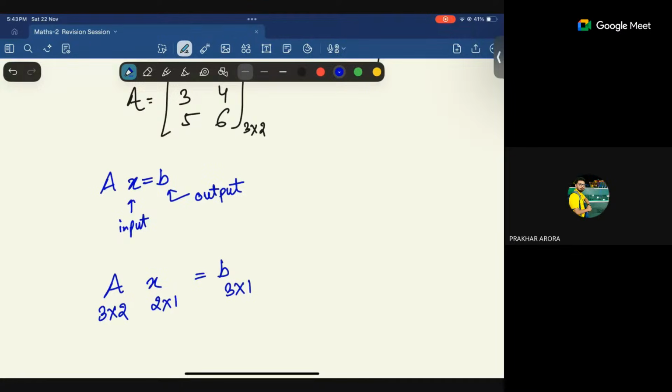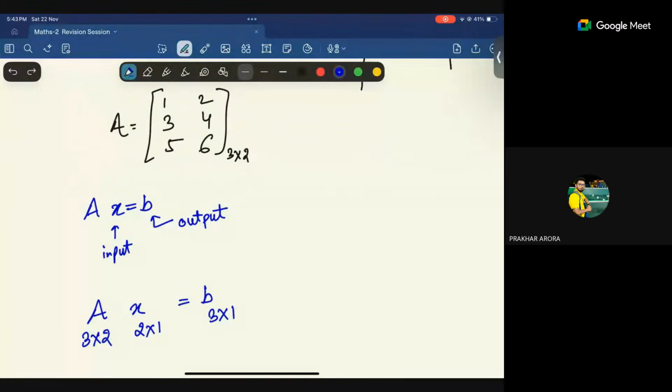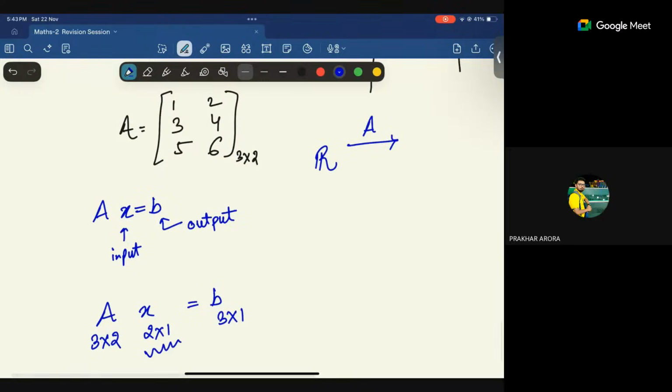Now we have established the size of the input vector. This is our matrix here. So if this is my matrix, what are the input and the output spaces going to look like? Let's say the input and output vectors look like this. The input vector is in R2, and the output vector is in R3. And what is the size of this matrix A? This is 3 cross 2.